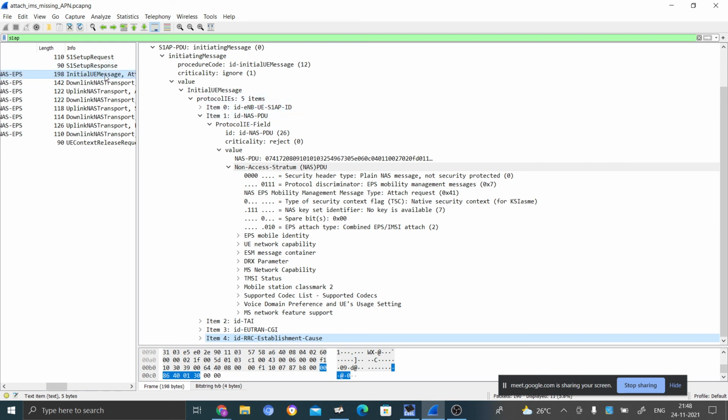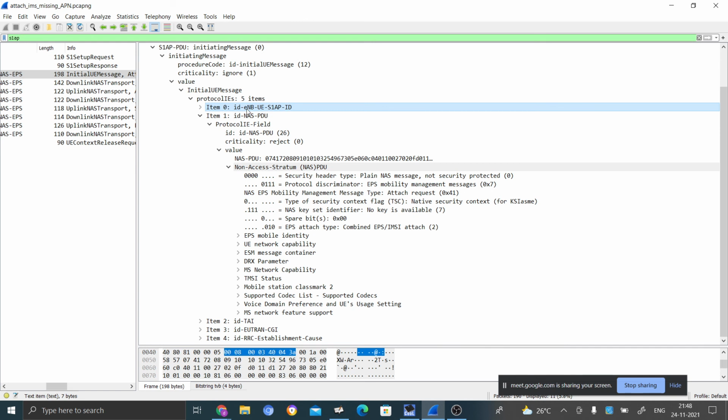Attach itself is an MME message, a NAS message, but the MME knows what the UE and eNodeB linked ID is. That is the significance of this identity.